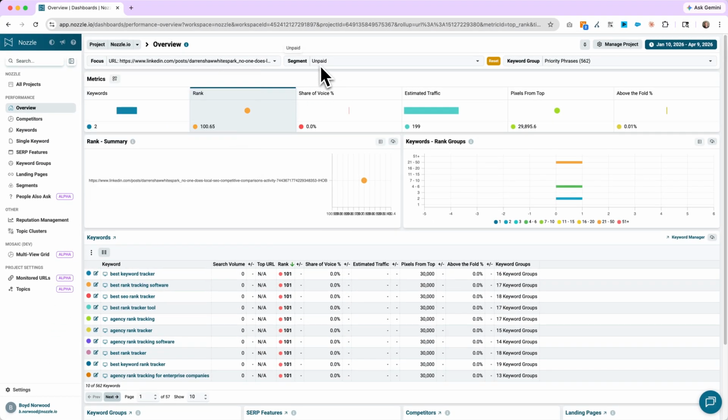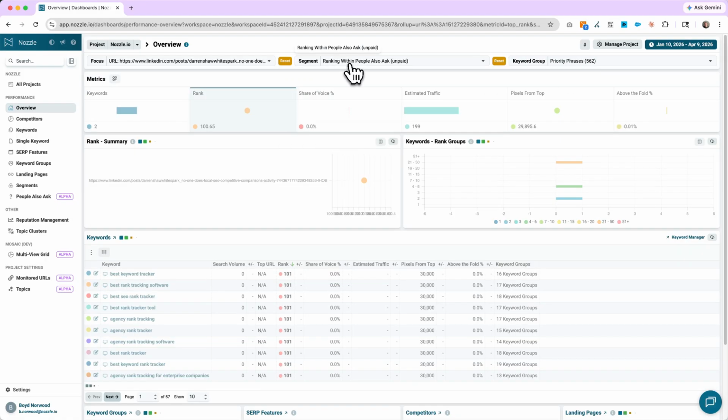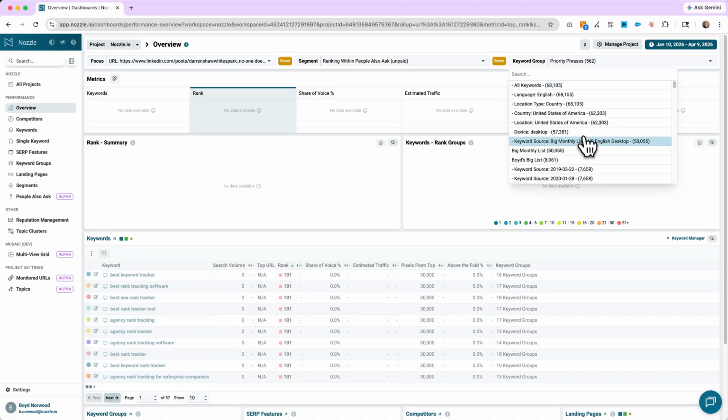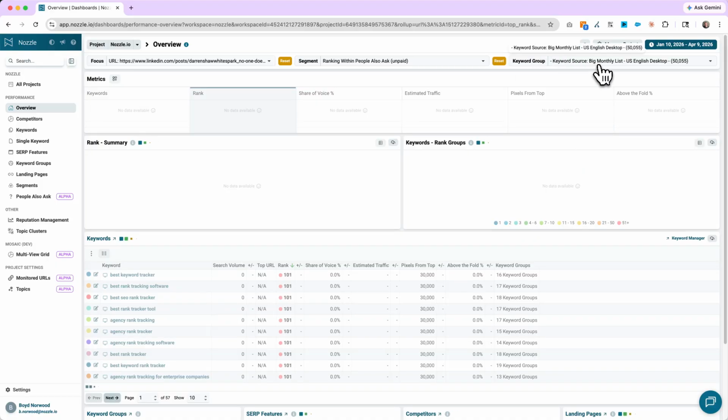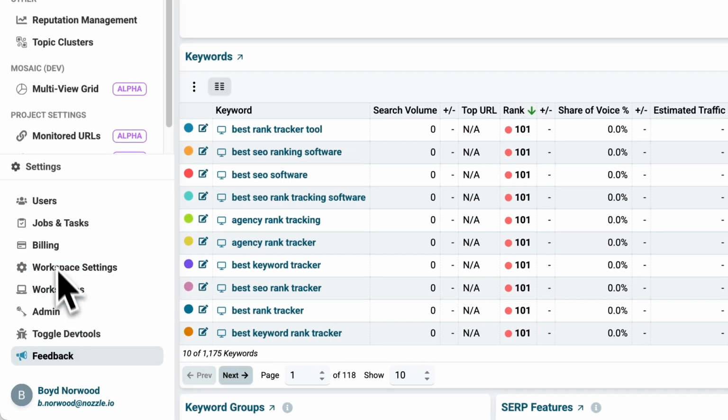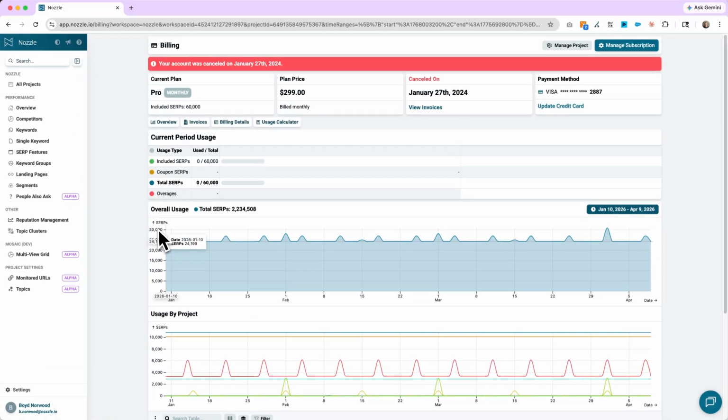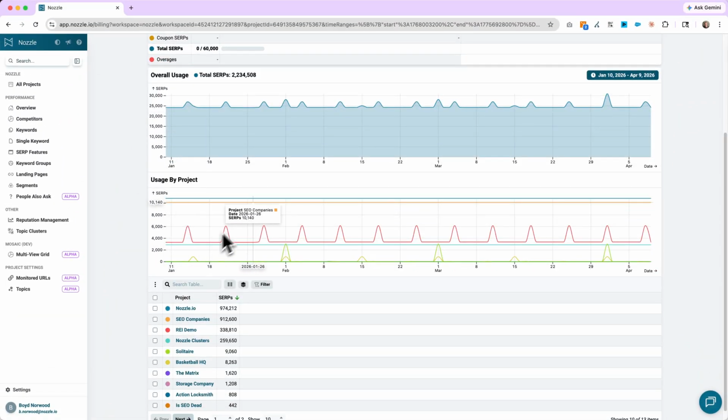Same thing with these others. We have the tooltip. So if you do happen to create a long custom segment name or a long keyword group name, then you'll be able to see what that is just by hovering over the top. And next, in the billing section, if you scroll down to this usage by project, for those of you who have hundreds of projects,